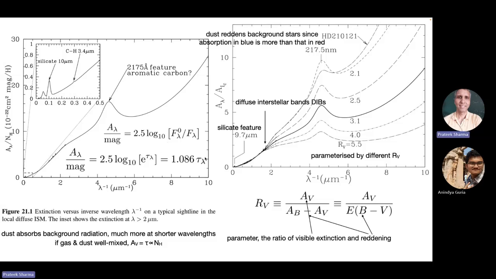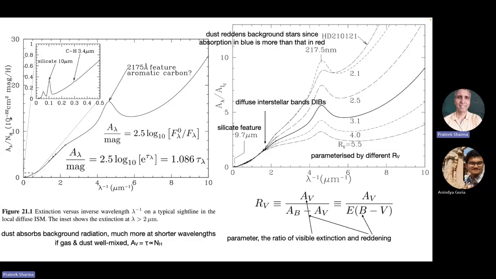Okay, but the point is it's proportional to tau lambda, which itself is proportional to the column density of dust, or whatever the absorber is. And if the dust is well mixed in the interstellar medium, that is, roughly the same mass fraction of dust everywhere in the ISM, then A lambda would be proportional to the column density of hydrogen, right? Because if the mass fraction is the same, if you have a certain column density in neutral hydrogen, you'll have a proportional column density in dust. So that's why you normalize your extinction with the column density of hydrogen.